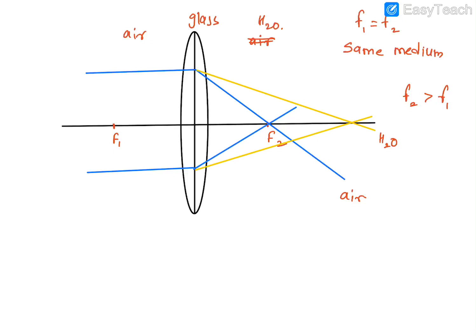So remember, the medium which you've kept outside, it will make a difference. Why does it make a difference? Because the densities of this medium are changing. So in short, I can say that the focal length of a lens also depends upon what? The refractive index of the glass with respect to the surrounding medium. Meaning earlier it was glass to air, but now in yellow light you can see it is glass to water. So if you change the refractive index, then the focal length will also change. And the refractive index and the focal length, they both are what? Inversely proportional. So focal length is inversely proportional to the refractive index.